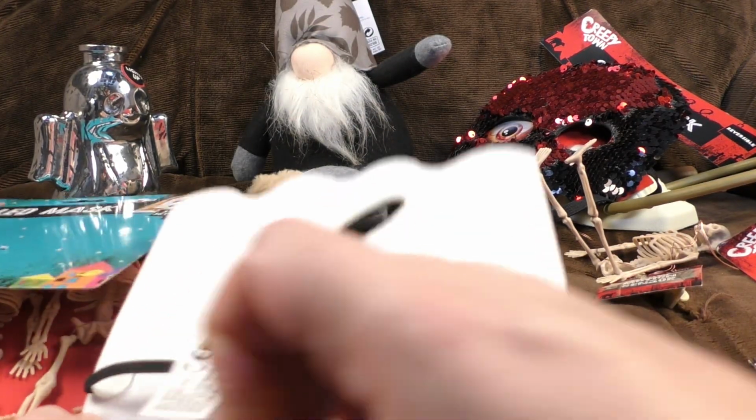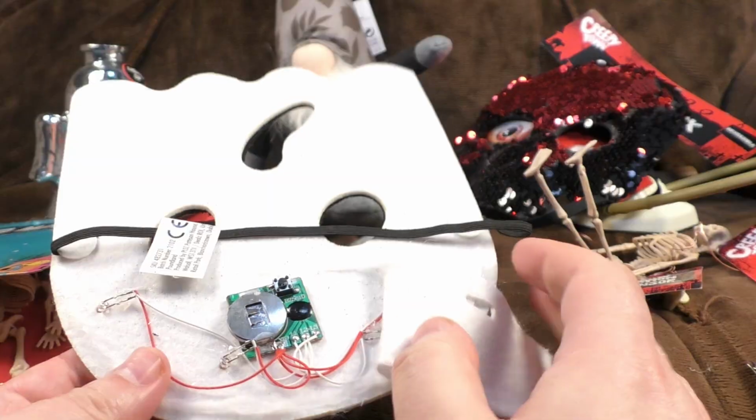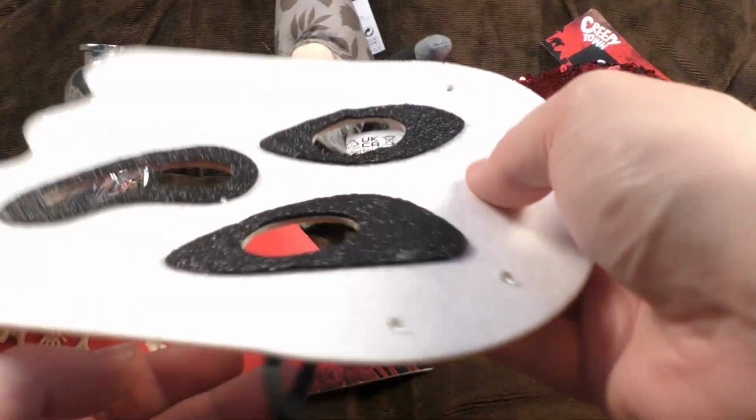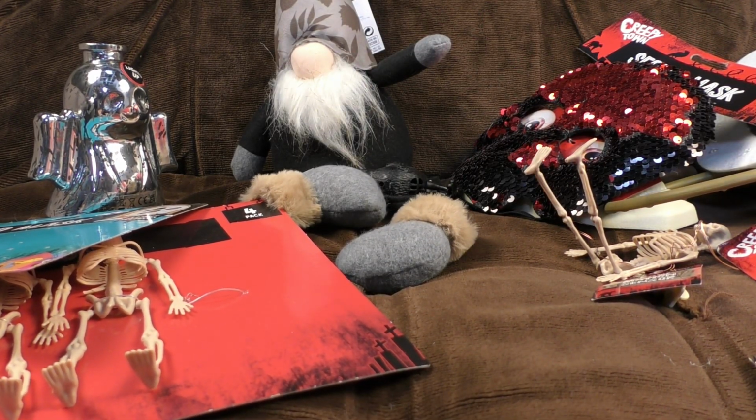I'll tell you what, let's remove this and see all the stuff inside. There is a battery, a little circuit board, and some LEDs. Whoever would have thought it? Oh, wait, also a switch. Yeah. Compare that to nice Sequin Mask. Very poor. But I still think it's better than...